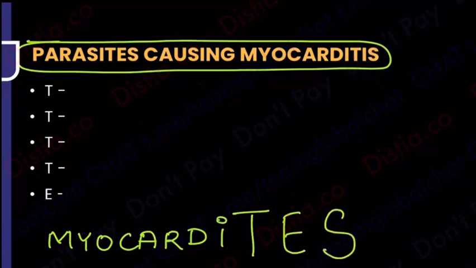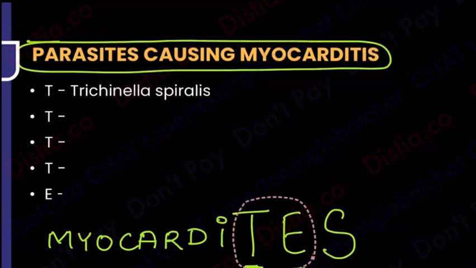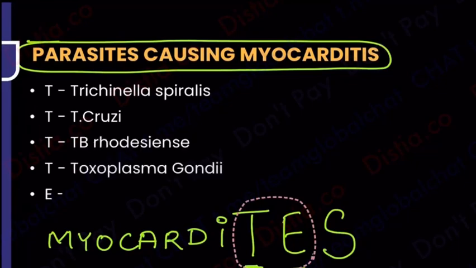So there are going to be parasites with a lot of T's and E's. So these are the ones which are going to cause myocarditis. So remember, we have studied something called Trypanosoma cruzi, where the heart becomes big, dilated cardiomyopathy. Even Trypanosoma brucei, Rhodesiense, because Rhodesiense means rising, and rising is more dangerous. So there will be danger to the heart. Trypanosoma